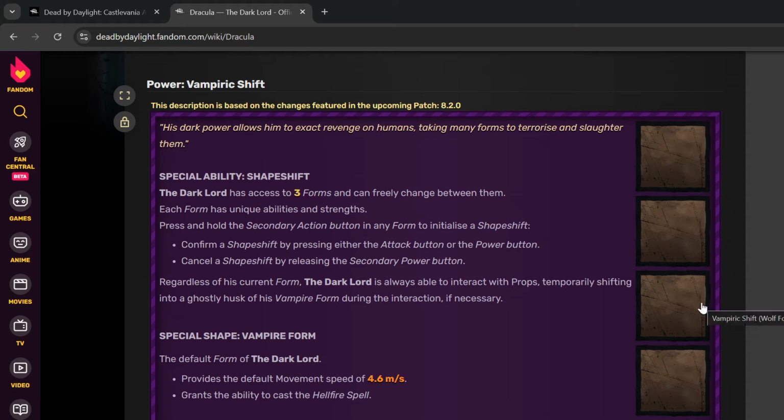So, now let's get into his power. Shapeshift. So the Dark Lord has 3 forms. Now, I have been unable, unfortunately, to play the PTB, but I have watched several other much, much bigger YouTubers, streamers than myself play them. And from what I've gathered from these, regular form, the Dark Lord, 4.6 movement speed, and you get the Hellfire